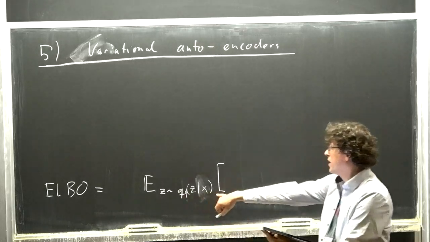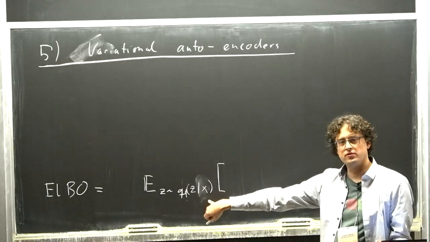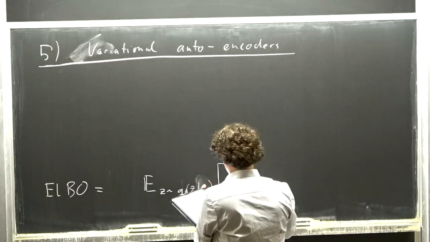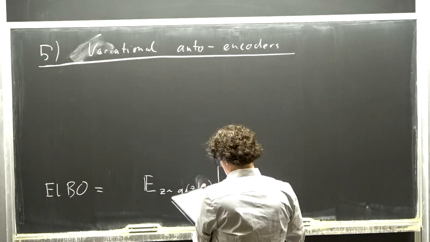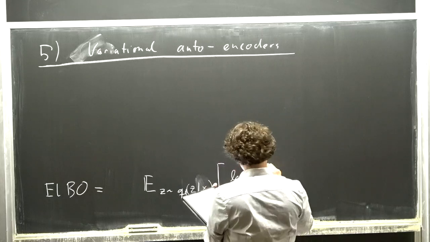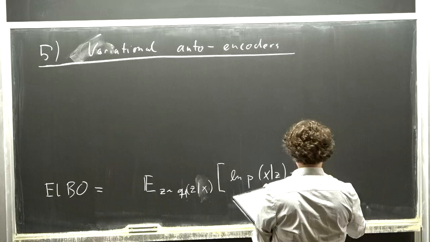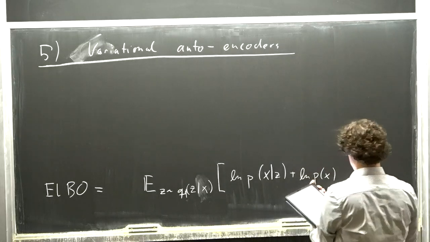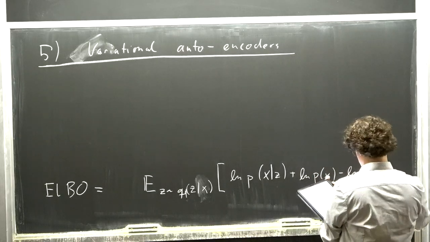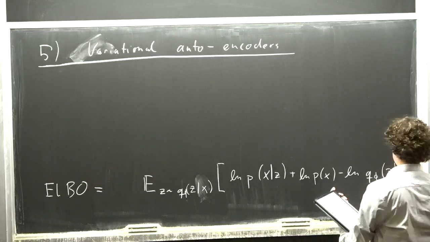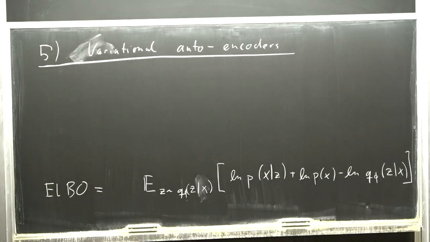But let's now write more explicitly that actually Q could also be a function of the observation itself, if you apply the algorithm simultaneously to multiple observations. So then the typical terms that appear in the ELBO would be the likelihood function, the prior, and the entropy of the variational distribution.